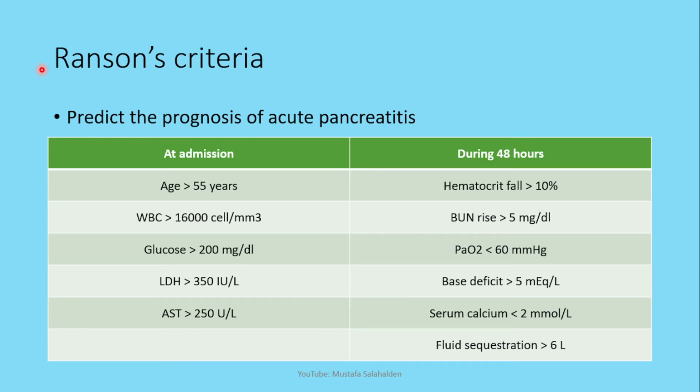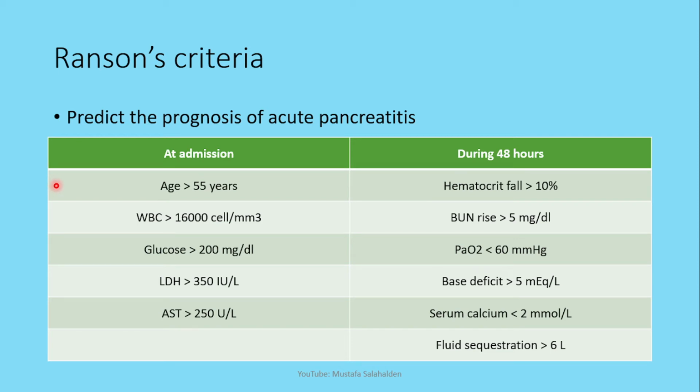Now I want to talk about the Ranson's criteria. This is used to predict the prognosis of acute pancreatitis, and it is done on 2 occasions: at admission of the patient and during 48 hours. So at admission,